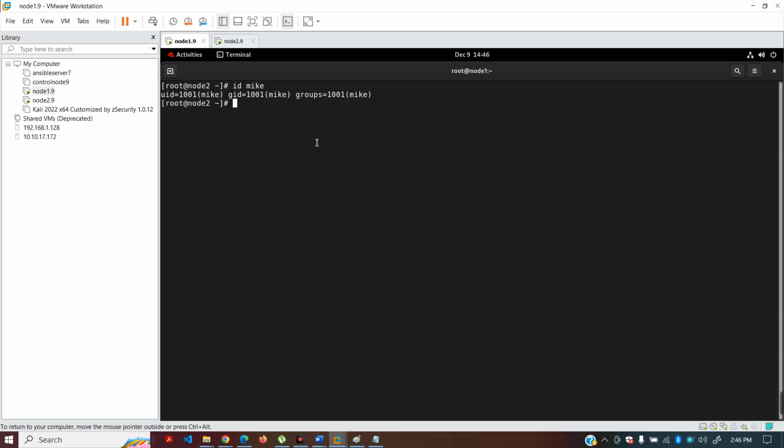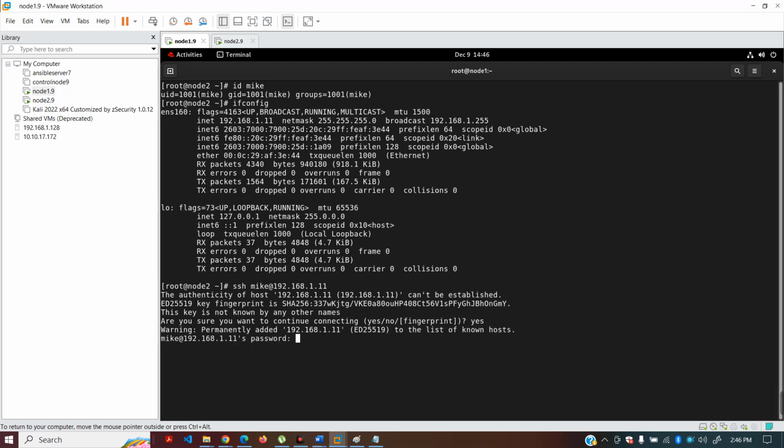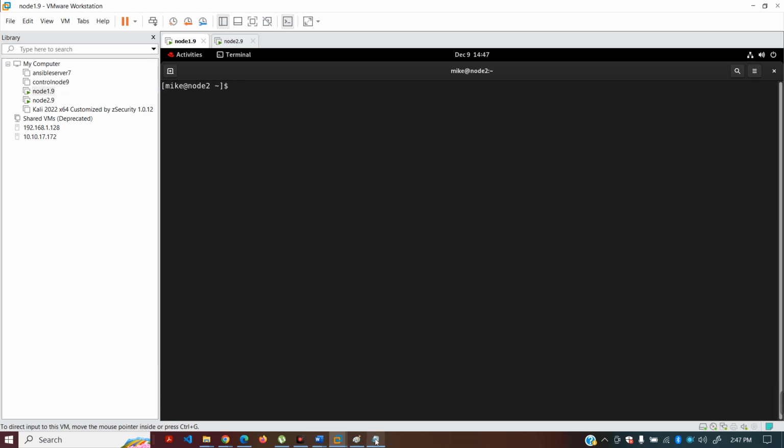In my case, I do not have a host name set up here, so I'm just going to use its IP. Its IP is this one, and I'm going to use this IP to SSH to this user. So ssh mike at, and then I'll put this IP, which is 1.1.1.11. And as I know its password, I'm already here. Let me clear it. And next, what you have to do,